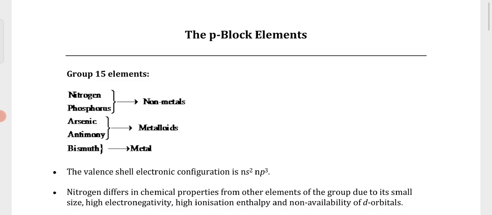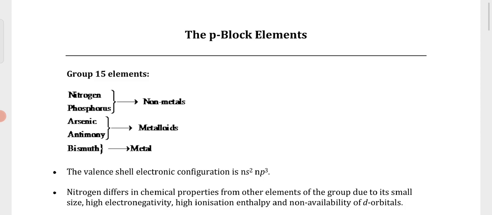So in the p block elements, we have already done group 13 and 14 in class 11. But in class 12, we have four groups, that is 15, 16, 17 and 18. So we will read the details about these groups, their elements, their properties, their nature, their reactions, their chemical properties, their physical properties. All of these things we will read over here.